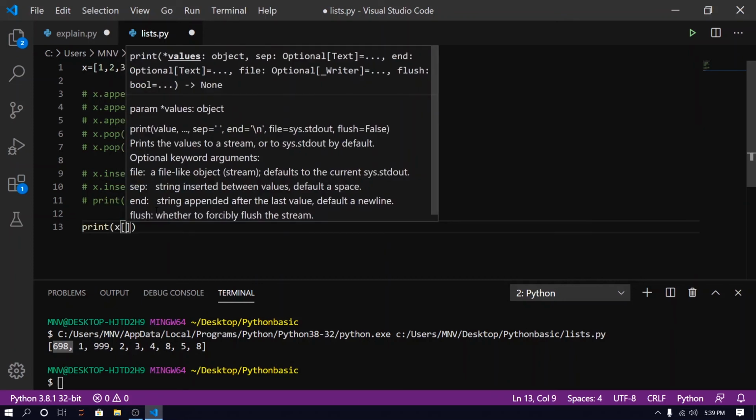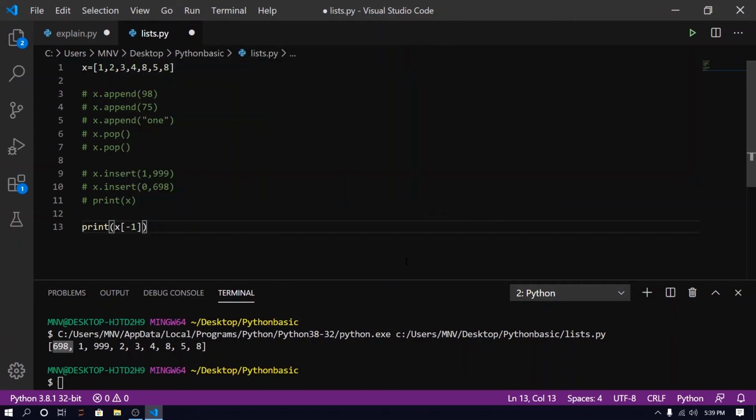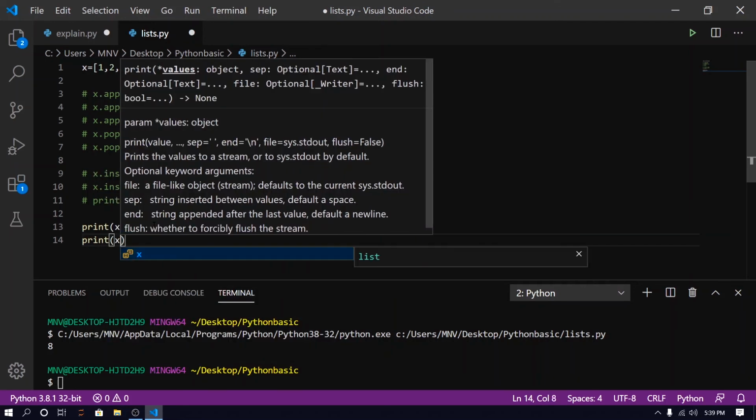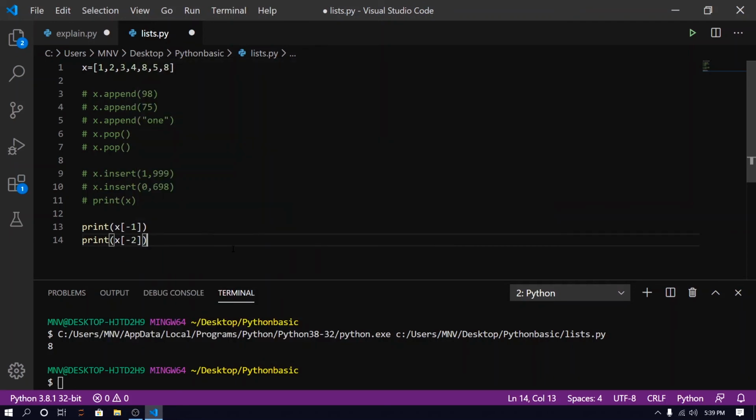So what is the -1 index? The -1 index will be our 8. So this is our -1, this is our -2, -3, -4, and so on. If I want to print x of -2, I will get 5.